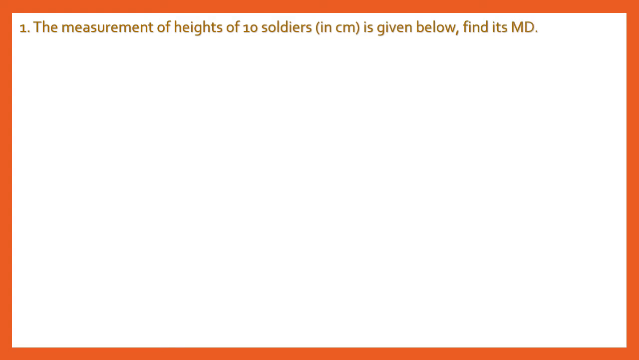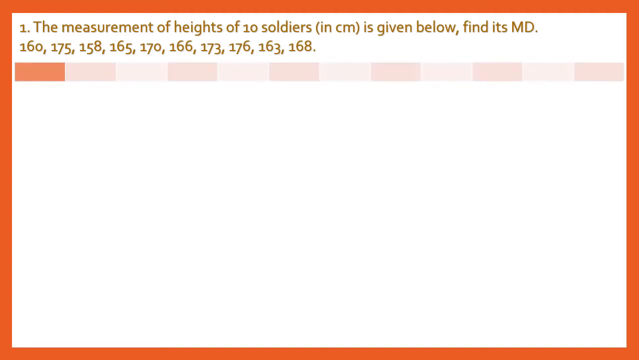Question number 1. The measurements of heights of 10 soldiers in centimeters is given below. Find its mean deviation. We are only supposed to calculate mean deviation here. The data is given as raw data, so we have to use the raw data formula for the calculation of this measure. I'm going to present this data in a tabular method. So first of all, the height of the soldiers, which will be the variable x, I'm just writing them down here one by one,